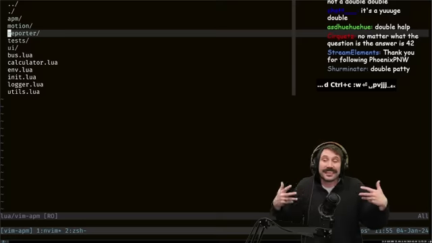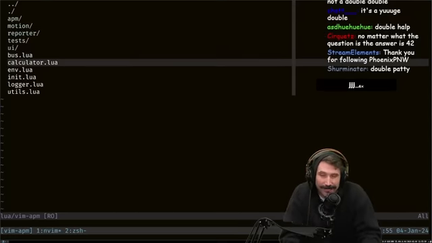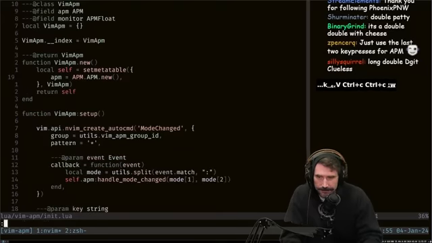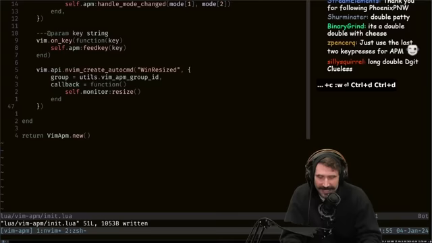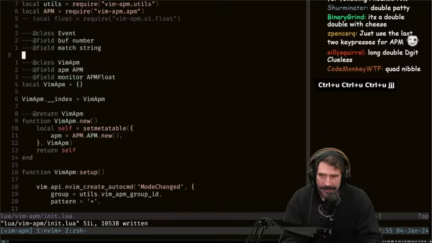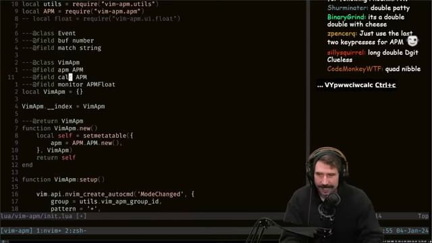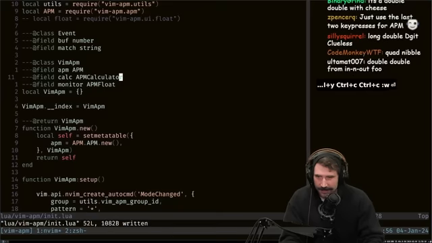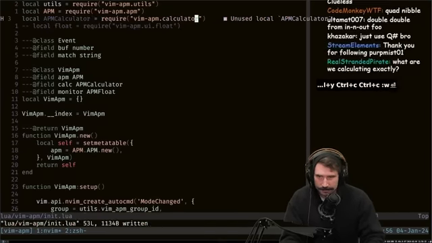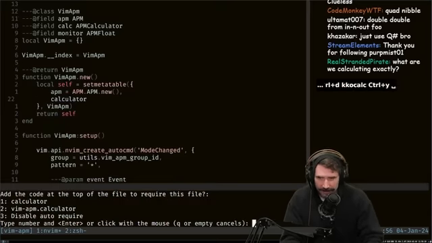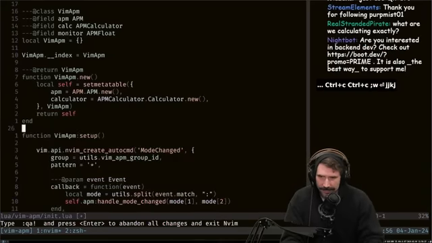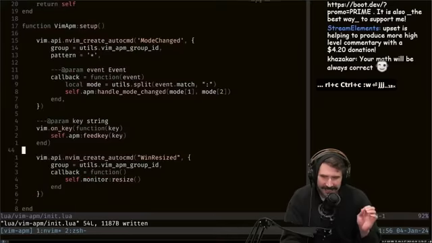Okay, so I think this is probably the right way to go, is that we have a calculator. When we set everything up, when you call setup, setup needs to create the calculator and attach it, is my guess. Maybe I can just have the calculator as APM calculator, right here. The reporter is going to be the harder part. The reporter will be a bit of a harder thing to think about, but for now,